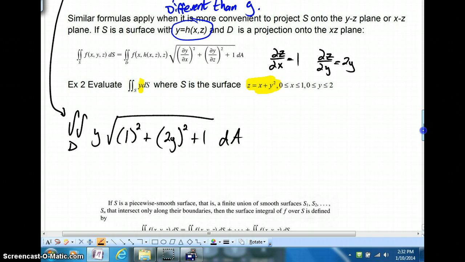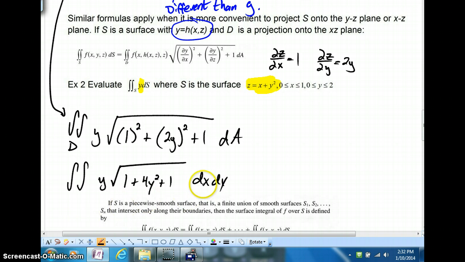And we're getting there. We're so very, very close to wrapping this up. We could say inside this radical we've got 1 plus 4y squared plus 1, and then we could have a dx and a dy. And our dx, if you think about it, that will be integrated between 0 and 1. With y, we're going to integrate between 0 and 2. So all of this is going to be working out